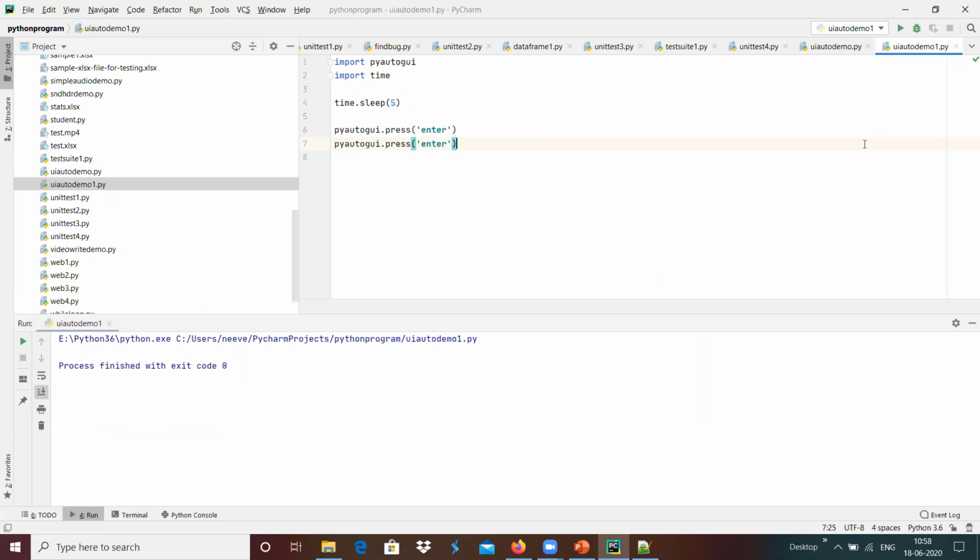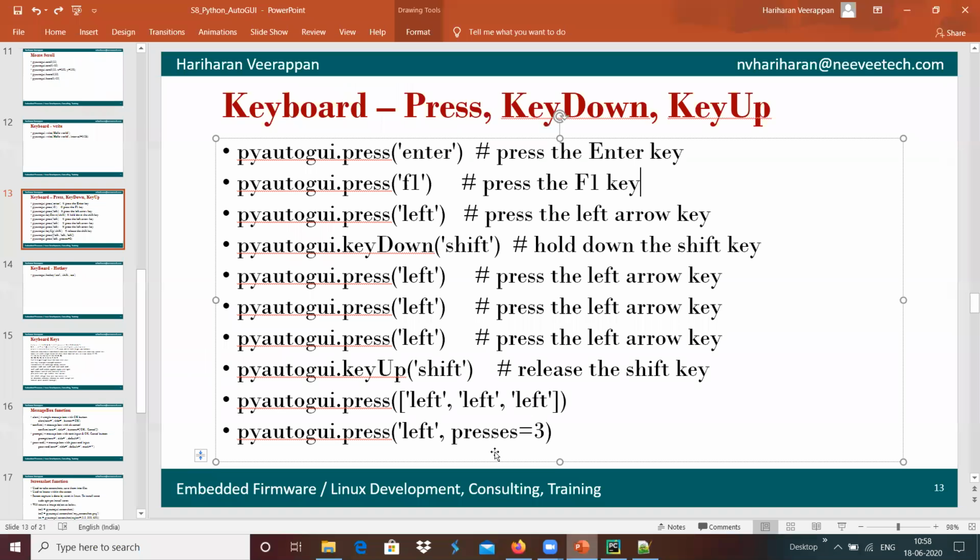And for example, if suppose we wanted to do some kind of automation with different keys, it can be generated with the different keys. Key press, key down, and key up events can be generated with the help of PyAutoGUI key events accordingly.